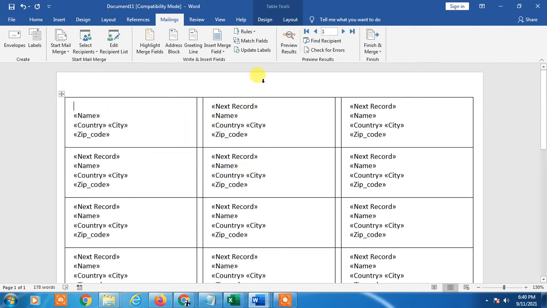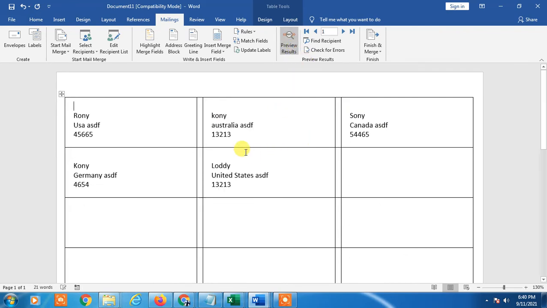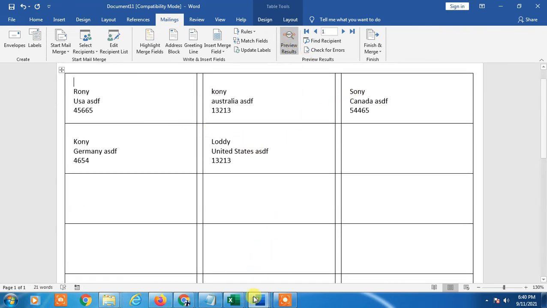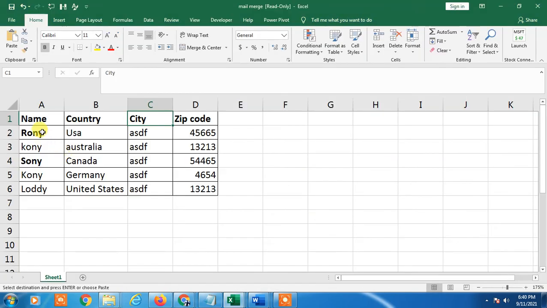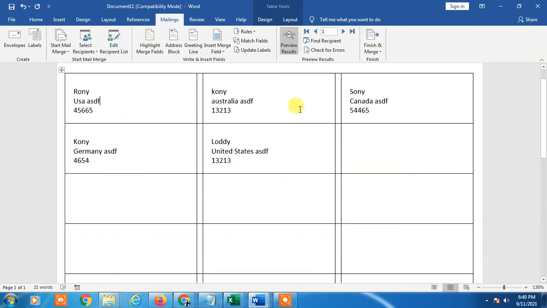Okay, so now you have to preview. You can see I have only 5 data. You can see in my Excel I have only 1 2 3 4 5 data. So only 5 labels appear here. So now you have to